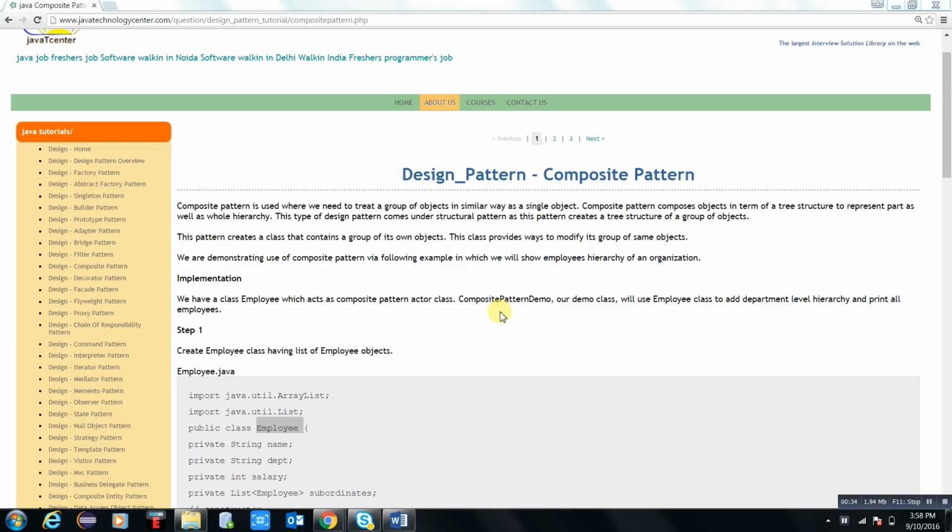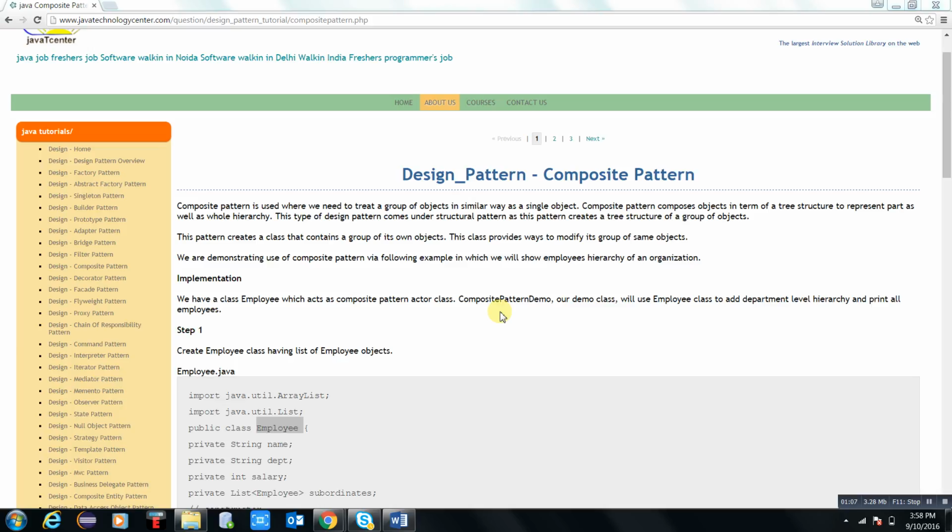Here I have taken one example of this composite design pattern, which contains a group of objects in an organization, in the hierarchy of the employees. One is the CEO, CTO, director, MD, then come project managers, technical architects, solution architects, TLs, team members, junior engineers, engineers, and in finance there are a lot of departments available.